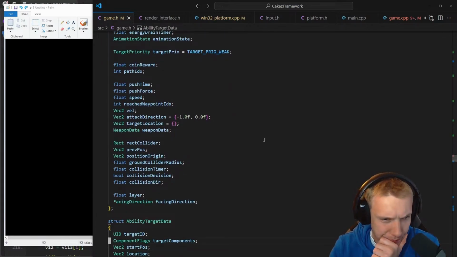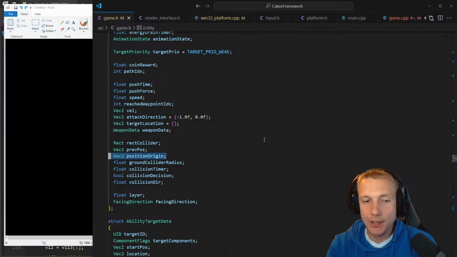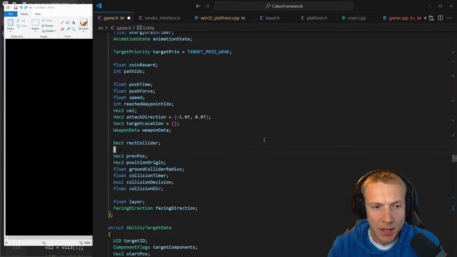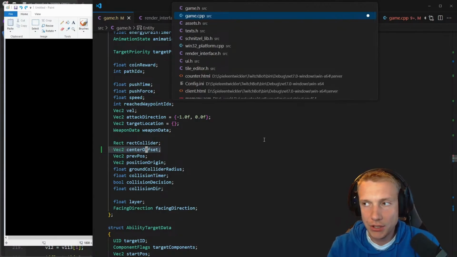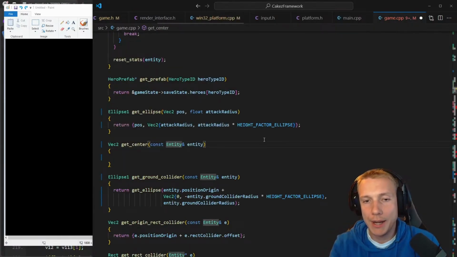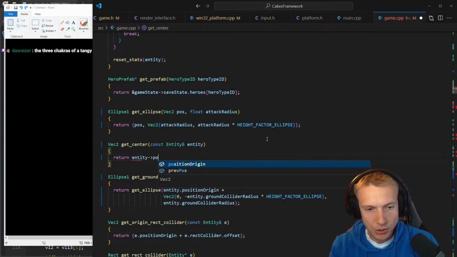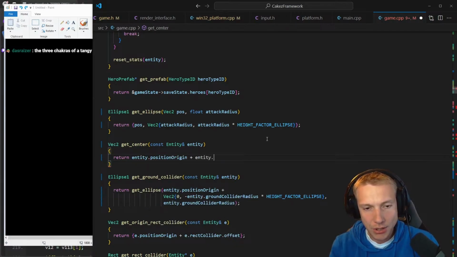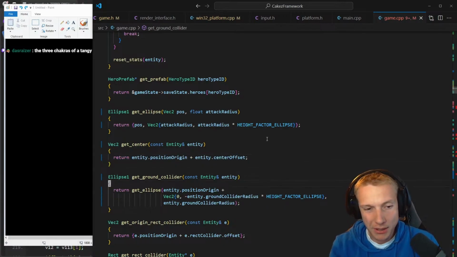We have a rectangular collider, we have a position, but we don't have a center. So essentially it needs to be a vector 2 center offset in this entity data, and that center offset needs to be defined, which is different from the collider. And so get center would just be return entity position origin plus entity dot center offset. That would be the center of the character. Very simple. And then the ground collider takes the position